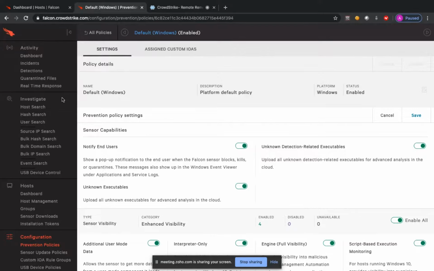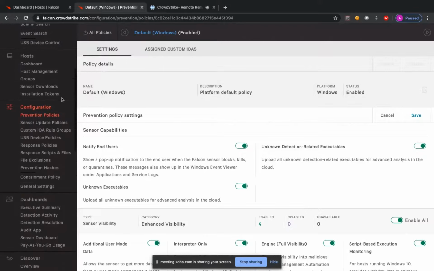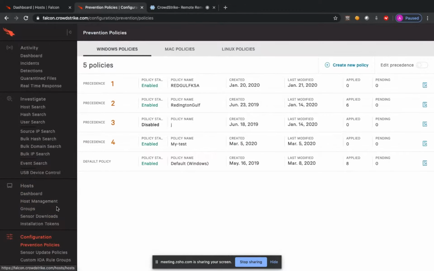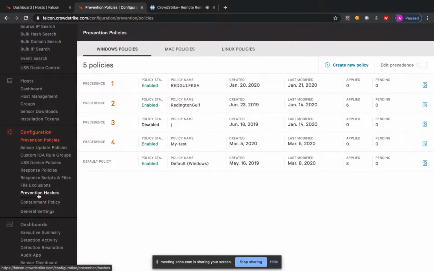Apart from that, of course, you can set up the policy saying what kind of action you would like to take, right? Would you like to quarantine a particular file if it is found to be malicious? You can always have that done, right? So these are some of the remote remediation techniques which you can use.